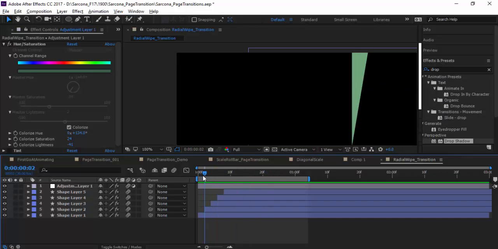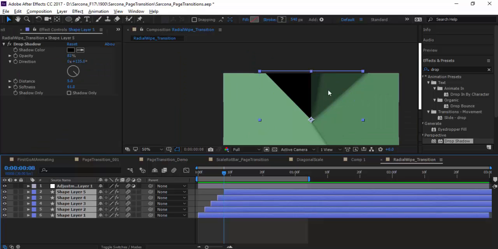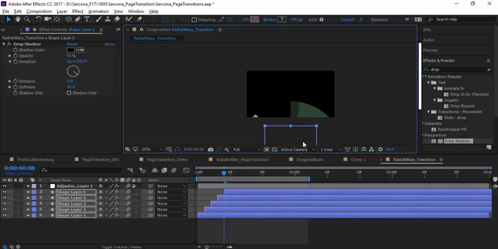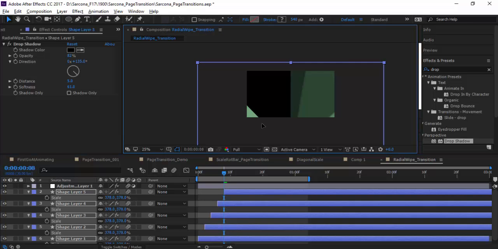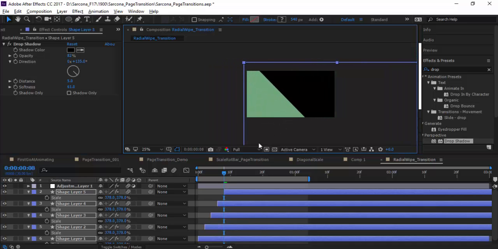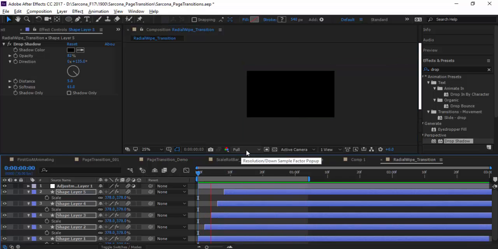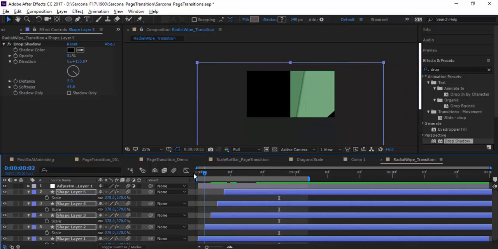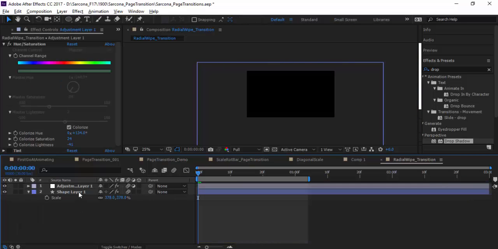So there's where ours is. What I would do is just take these, pull them all off screen and scale them up really big. Now if I animated the start and the end on these, then you would see both of those pieces coming in together. So just so you can see that happen,